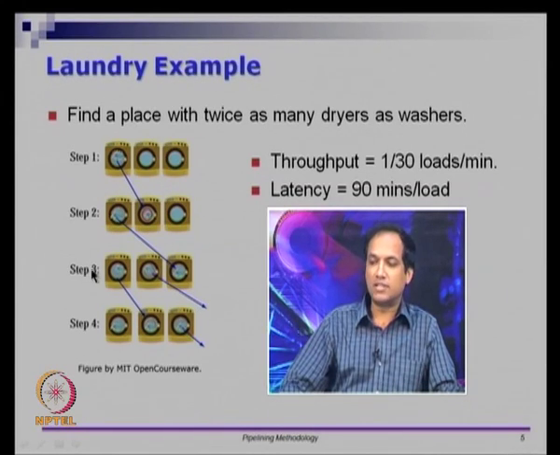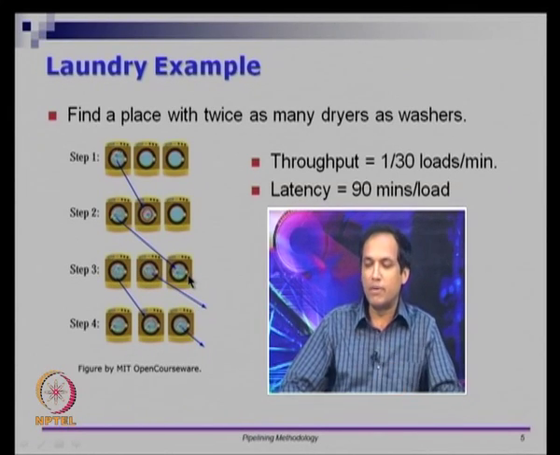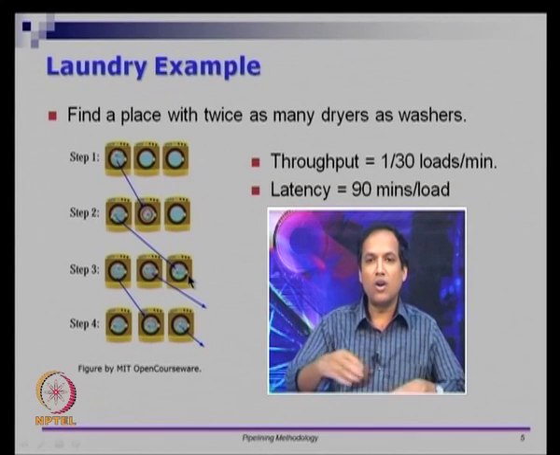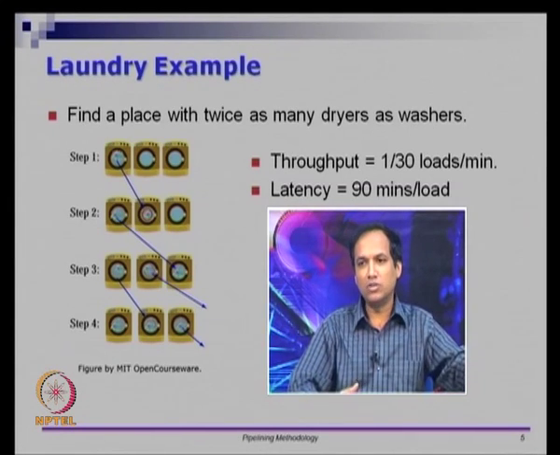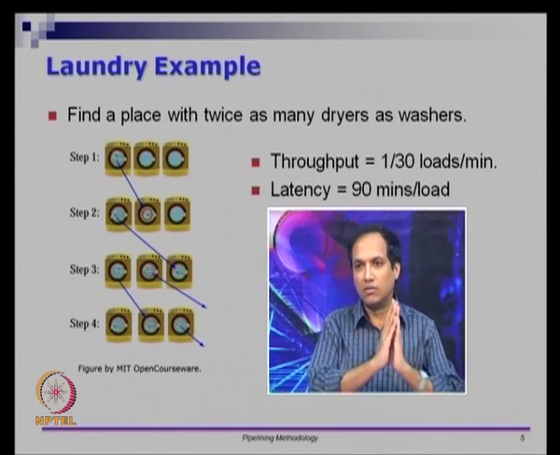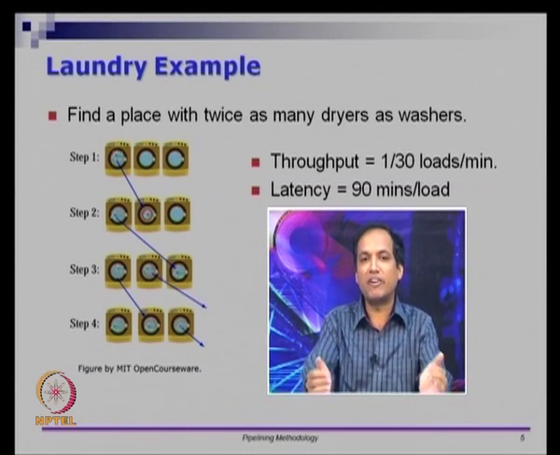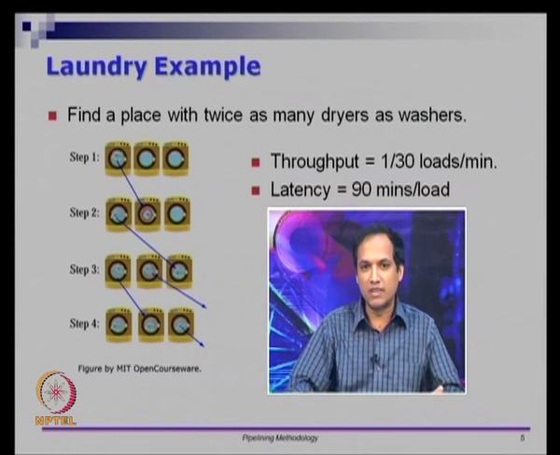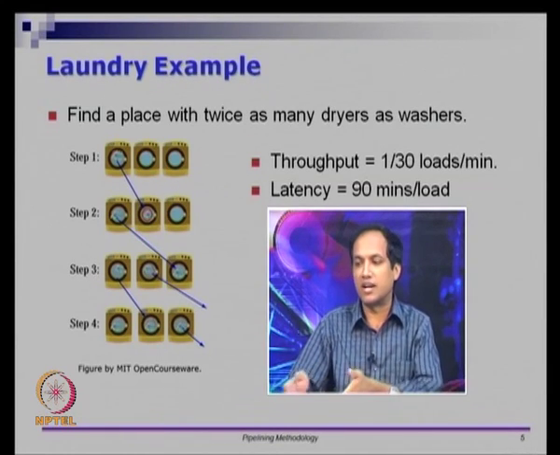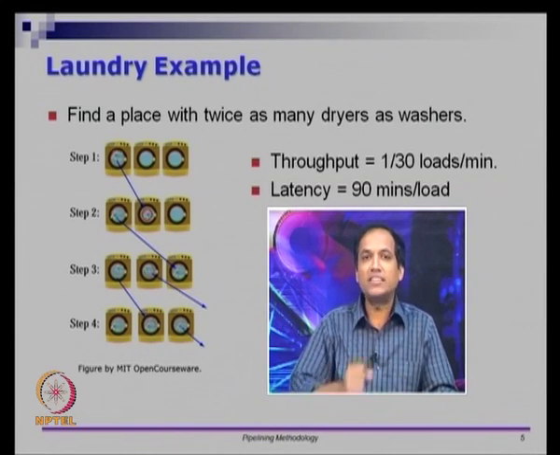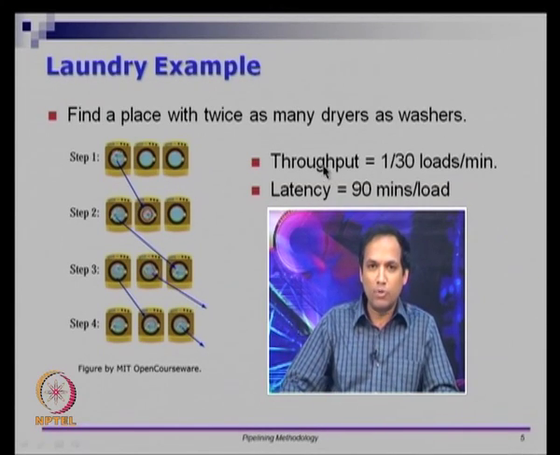In the third time step, this washer, this dryer and this dryer all are being used. So from here on, if I have an infinite supply of clothes, all the dryers and the washer will be kept busy. So I am making effective use of the resources that is given to me. The washer as well as the dryers are getting used, and every 30 time units I will get one load washed, which means the throughput